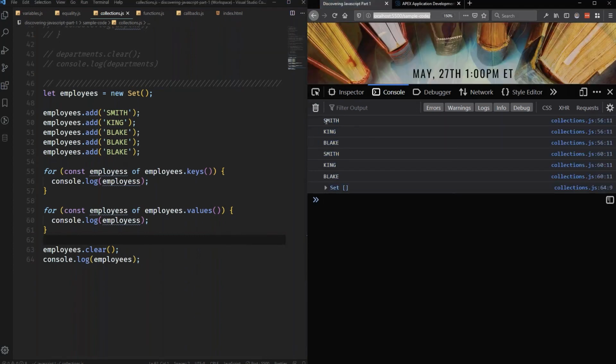Okay. Notice that I have Smith, King, and Blake. I did not add Blake multiple times. Notice when I get my key and my values, notice that they are exactly the same output. They're storing exactly the same thing. If you want to erase your set, you can call clear, in which case I log it out and there's nothing there. That being said, I'm going to go ahead and hand the ball